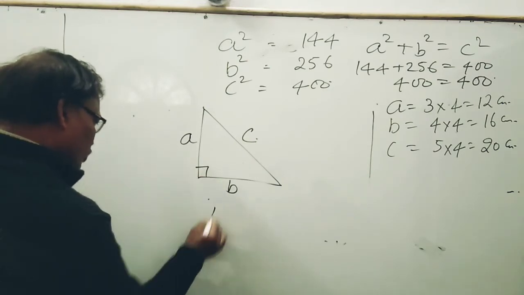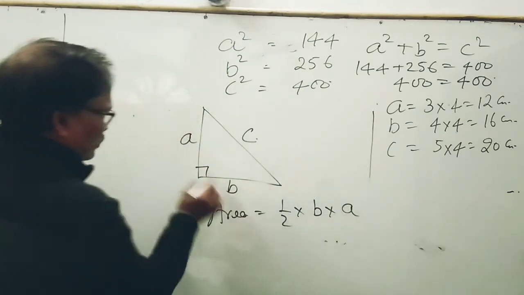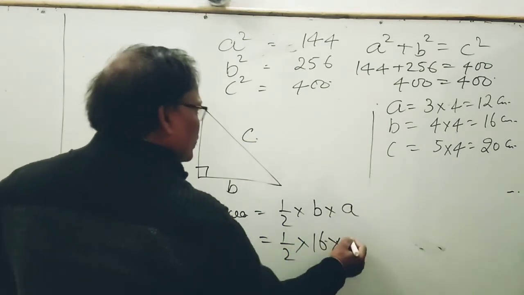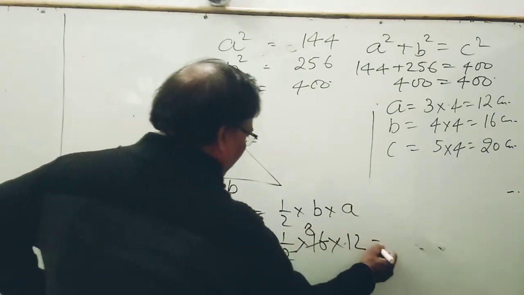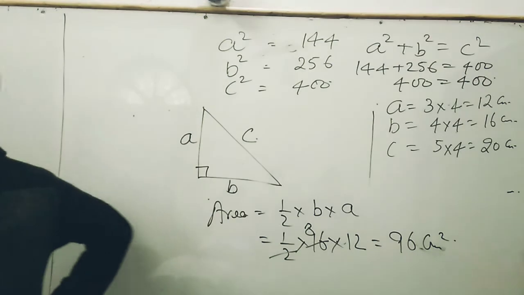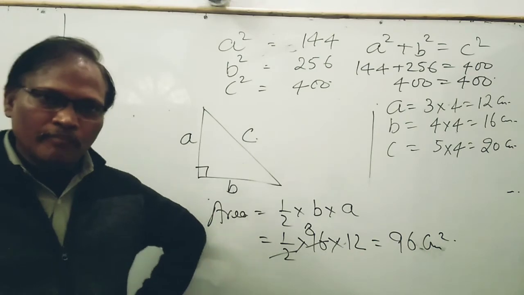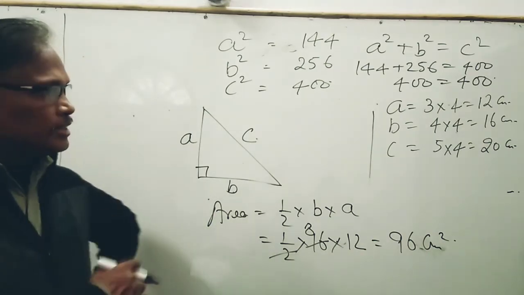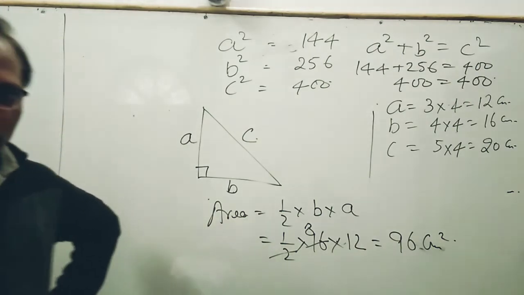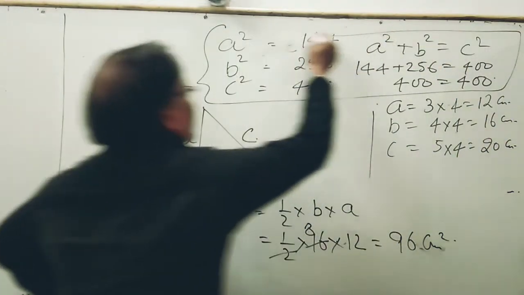So the area is equal to half base into height, that is half A into B. So what is B? You can take from there. And what is A? So 2 8s, and it will be 96 centimeter square. तो अगर हम S(S−A)(S−B) का फॉर्मूला लगाते तब भी तुमको यही मिलता 96. But it is easier than that. लेकिन इजी तभी होगा जब हम चेक कर पाएंगे कि क्या ये राइट एंगल ट्रायंगल है. And this is the method to check. ये मेथड है.